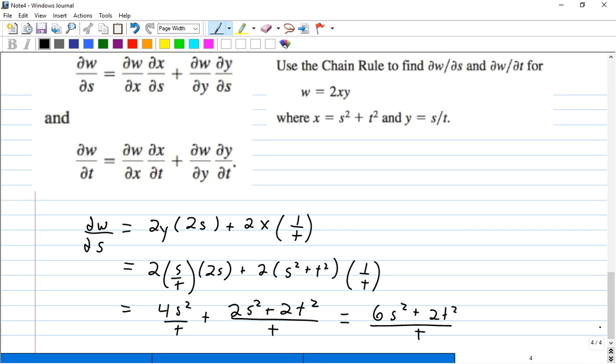All right, let's do the last derivative. Let's do the partial derivative of w with respect to t. So the partial derivative of w with respect to t is going to be equal to the partial derivative of w with respect to x, so that's what? 2y, times the partial derivative of x with respect to t, which is going to be 2t,